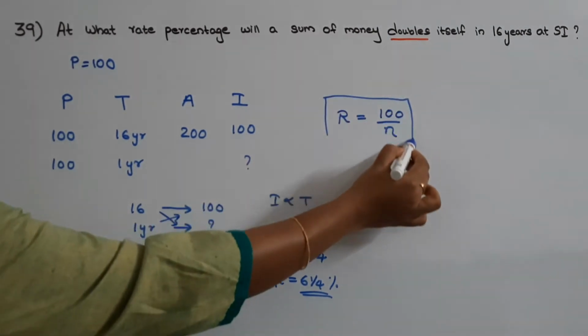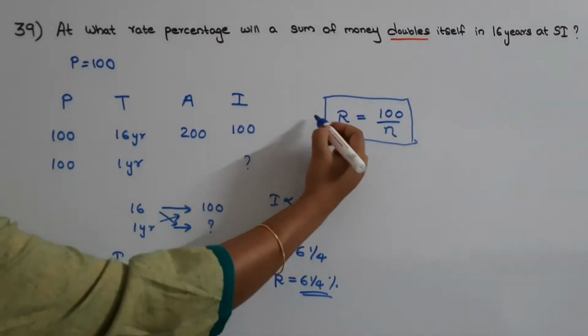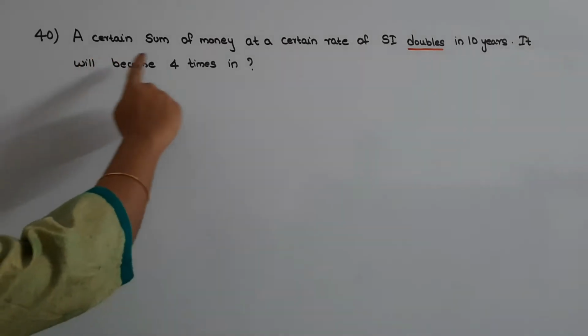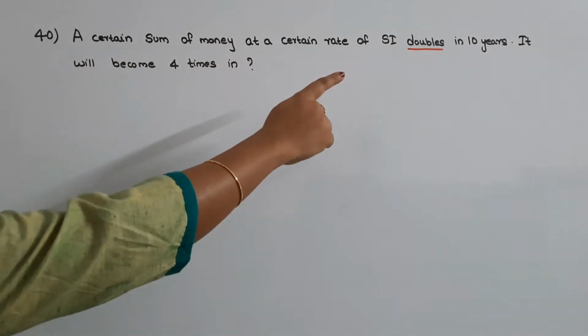So okay, if you can directly remember this, you will be able to save your valuable time in the examination. Okay. The next question is, a certain sum of money at a certain rate of simple interest doubles in